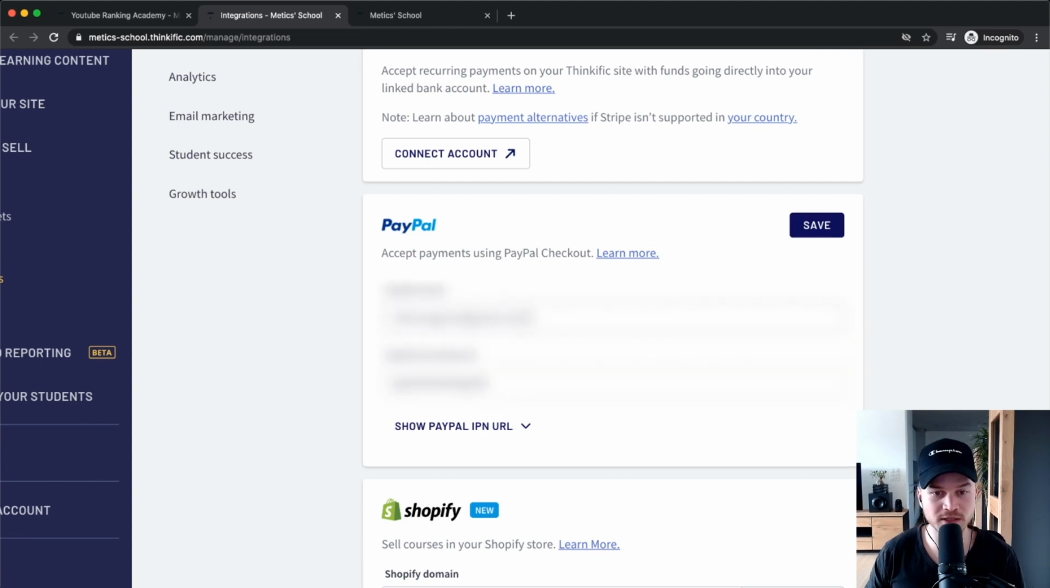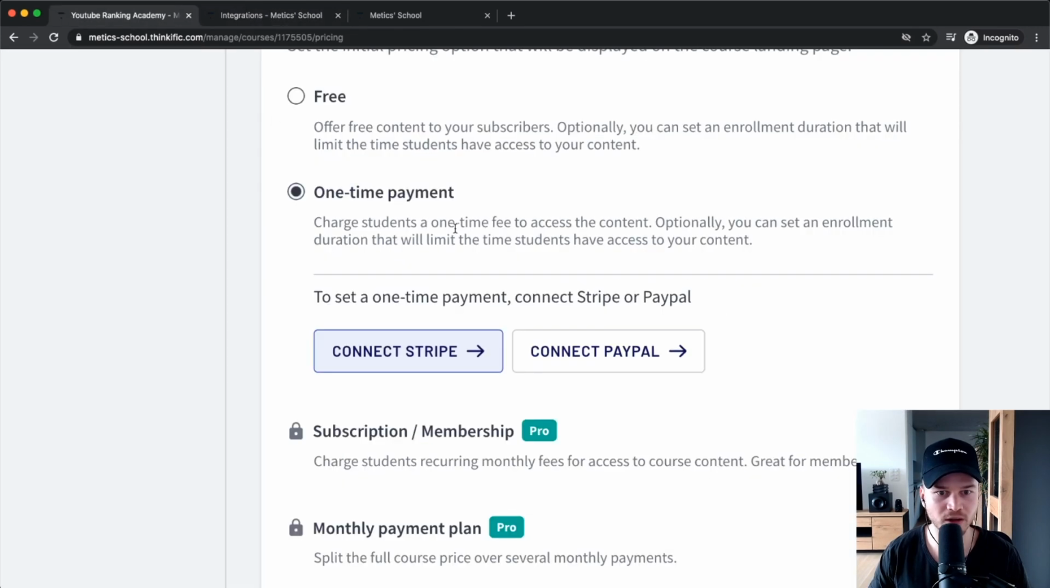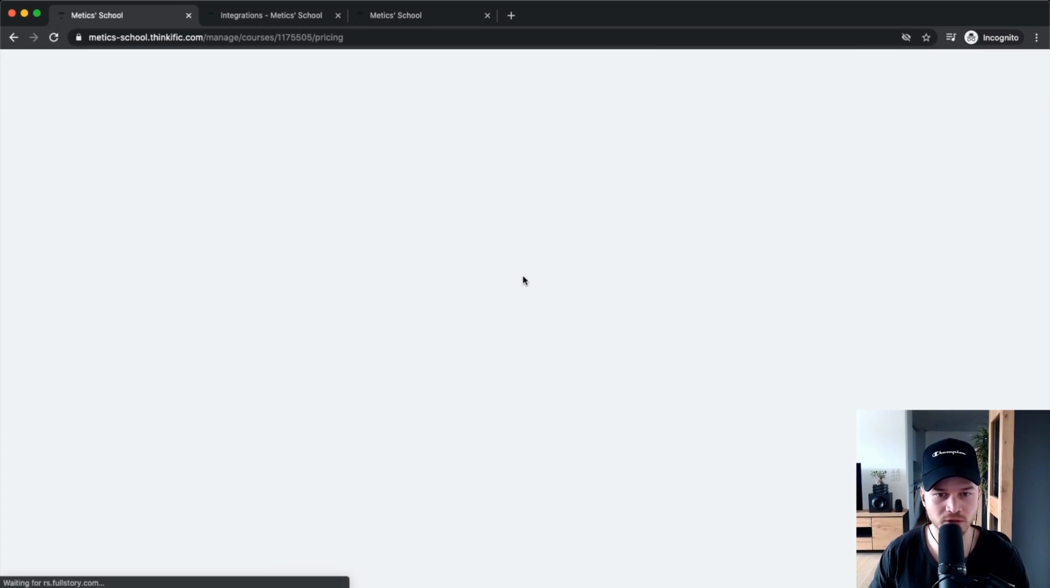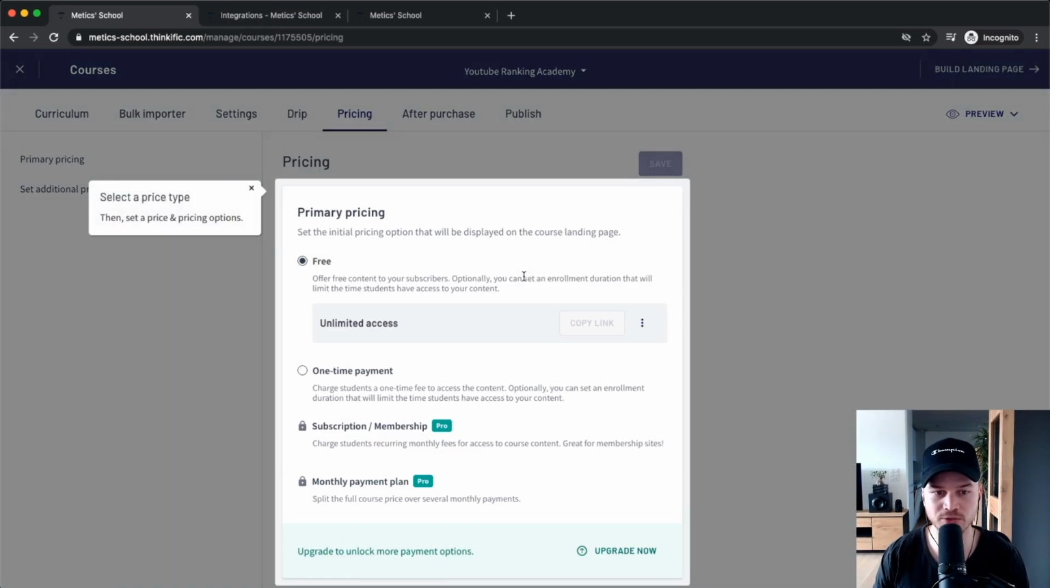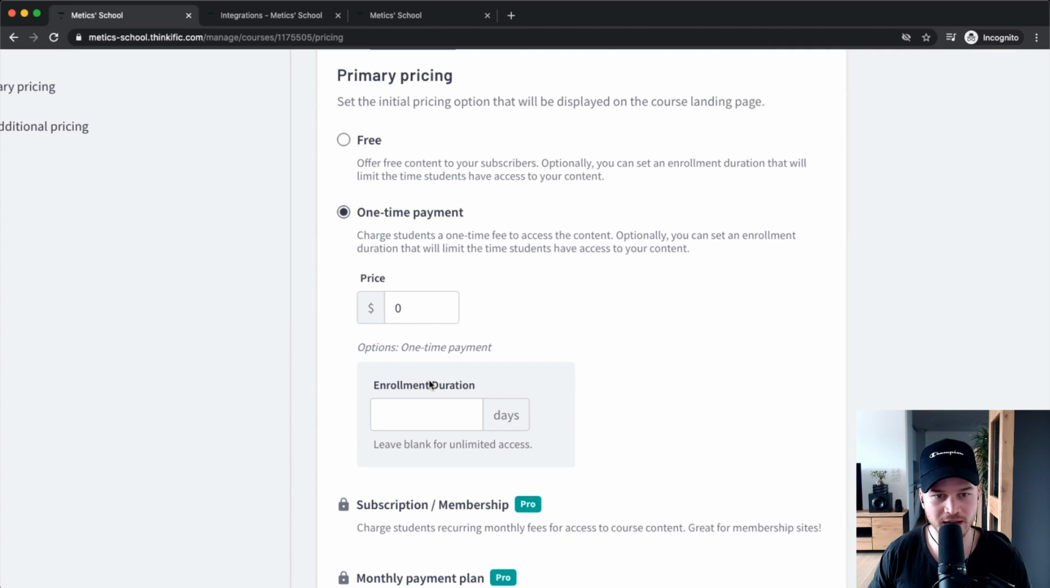So for PayPal, just type in your PayPal email address and also your PayPal merchant ID, and then click Save. And then once we have added a payment provider, we can go back to our course settings. And we want to quickly reload the page so that this page also recognizes that we can now set a price for a course. Then we're going to choose one-time payment, and now we can actually set a price. So let's set the price to, let's say,